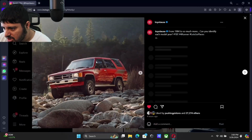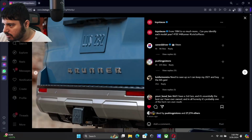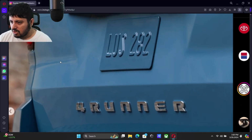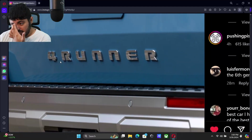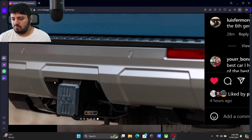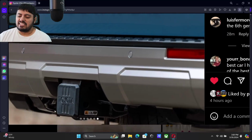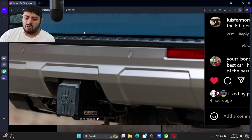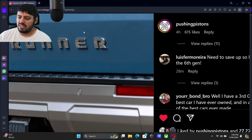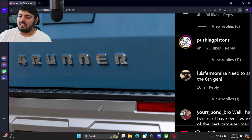If we look at this picture, trying to see if I can save it, maybe we can just go in on it manually and zoom in. They don't give us any trim information. We do see it's spelling out 4Runner there, so we do have a new design. Our hitch cap here says Toyota on it. I did see some lettering on there. Obviously, they were smart enough not to put TRD Pro or something on there, so they just put Toyota on there. We don't have any other badging identification that we can see, especially on the right side,